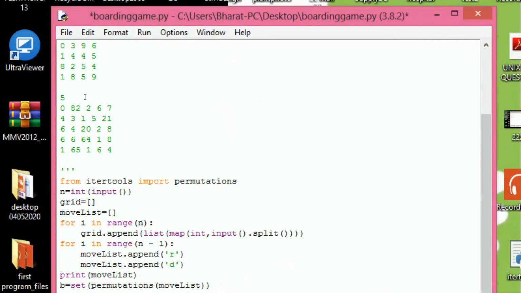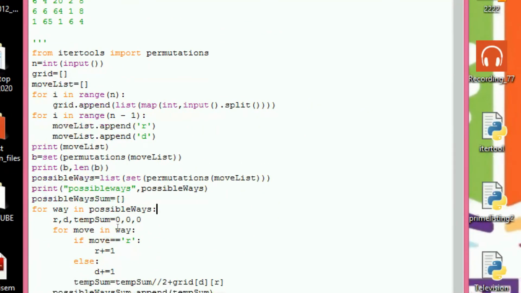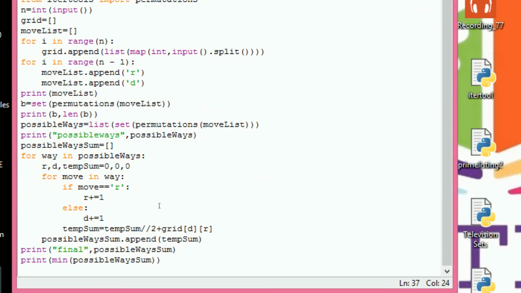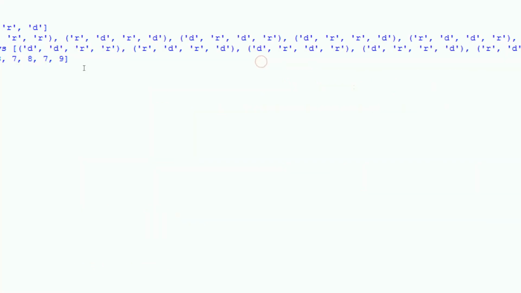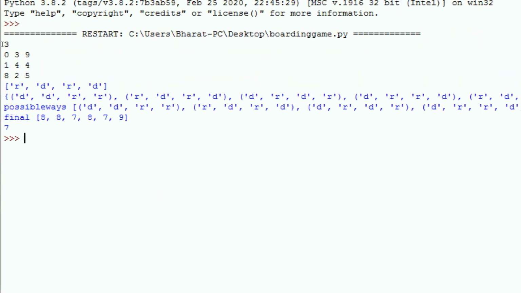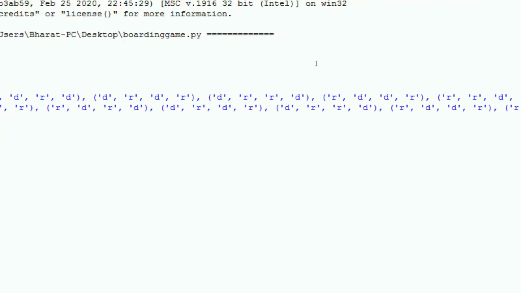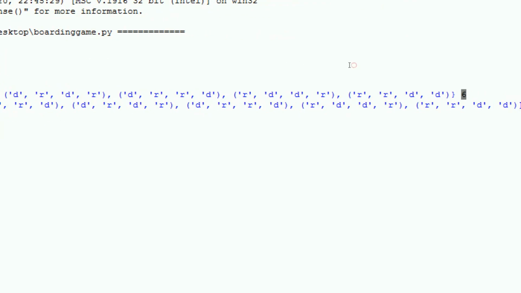Now let's see the execution of the program. This is the program and this is the output. This is the grid, and these are the possible combinations. How many possible combinations? 6.